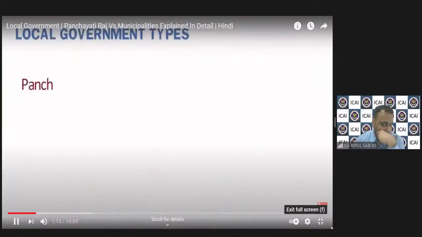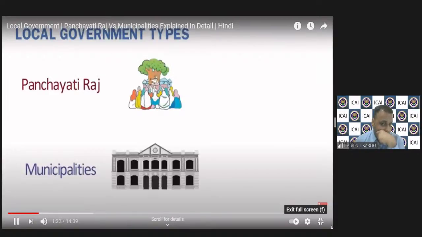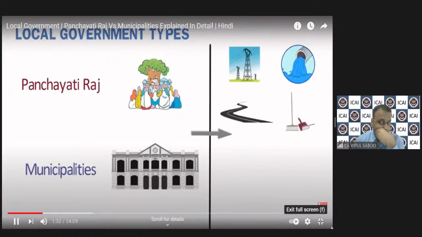लोकल गवर्नमेंट मेनली दो टाइप की होती हैं, पंचायती राज जो रूरल यानी ग्रामीण इलाकों में होती है, और म्यूनिसिपैलिटीज जो कि डेवलप्ड अर्बन यानी शहरी इलाकों में होता है। दोनों का ही काम लोकल गवर्नमेंट के रूप में होता है। मेनली इसमें दो काम आते हैं। एक तो यही कि लोकल इश्यूज जैसे बिजली, पानी, रोड, साफ सफाई एक्सेट्रा से रिलेटेड इशू पे समाधान निकालना, और दूसरा सेंट्रल और स्टेट गवर्नमेंट द्वारा बनाई गई पॉलिसीज को लोकल एरियाज में इंप्लीमेंट करना।